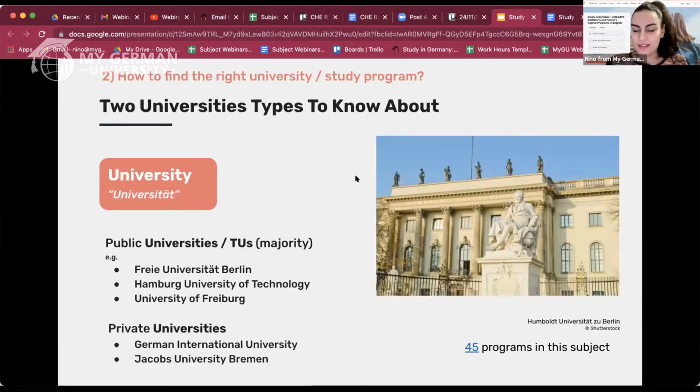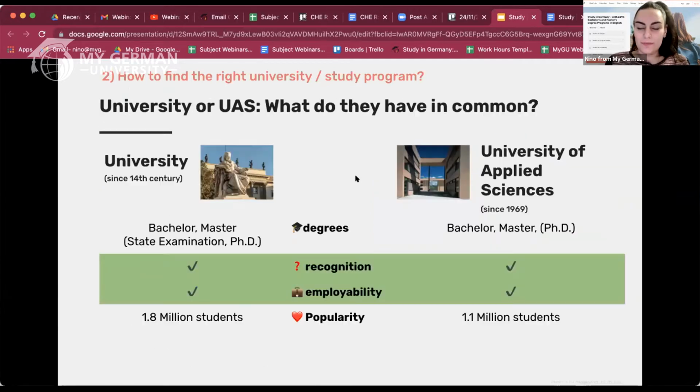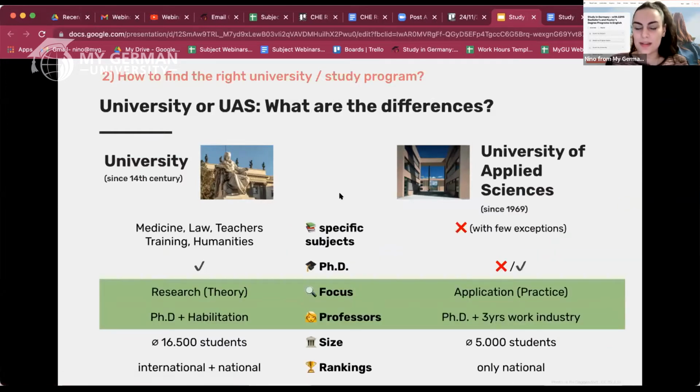A very short outlook of university types in Germany. You probably already know that there are 2 big types, which are universities and universities of applied sciences. You can see that there is not a big difference between them, but the main difference is how they concentrate on studies. In universities, programs are more research oriented or theory oriented. As for universities of applied sciences, it's more practice or application oriented. However, professors are already here and they may correct me if I am wrong.